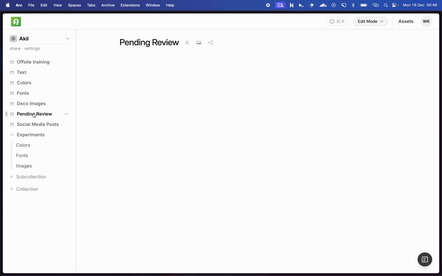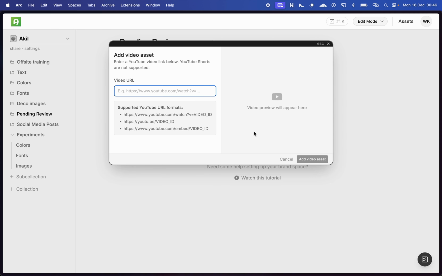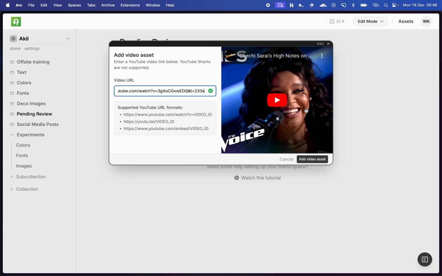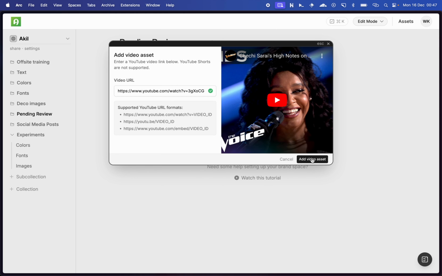The other stuff I have been working on is some improvements to the assets and blocks. The first one is the video. When you say add video here, now you have a better UI, and when you paste in the video, I get a preview to make sure it's the correct one, and you also get a valid message if you're using an invalid URL. And of course when you add that,